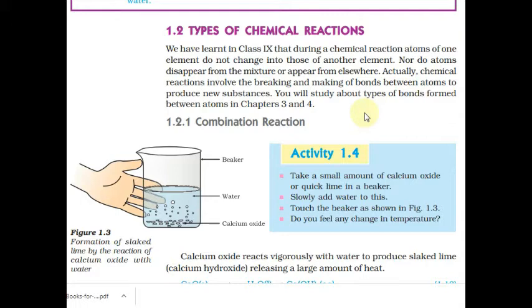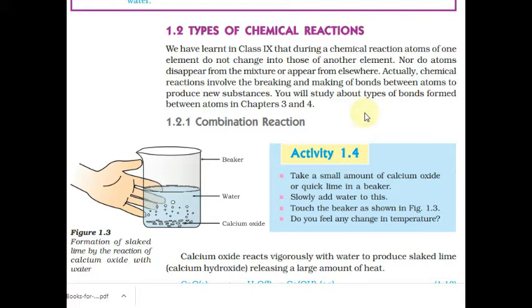In the previous section we have seen the chemical equation, and how to balance the chemical equation, and we did it also. So the steps you have to learn by heart at home. After finishing the lesson, I'll take a test, and in the test you have to write down everything.